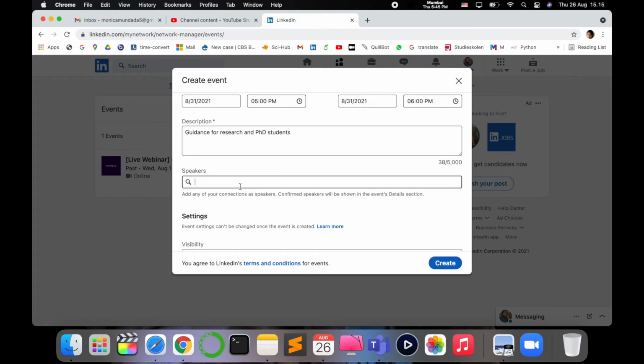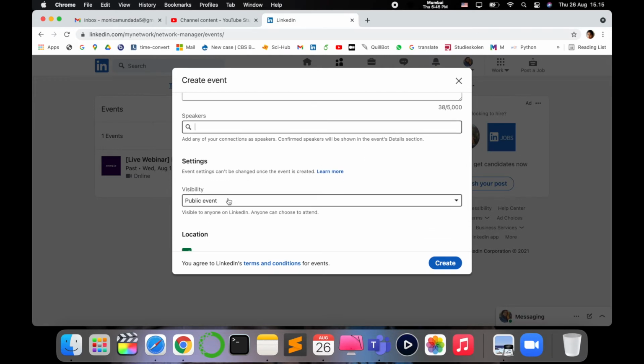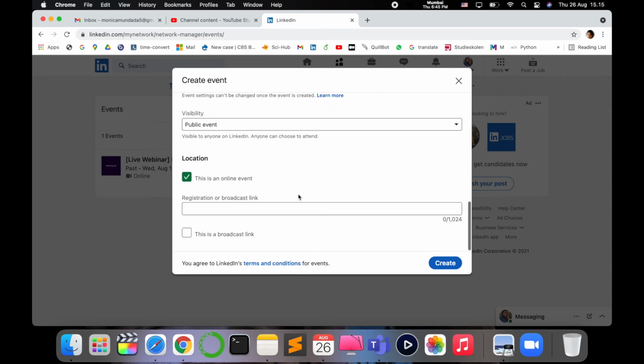You can specify the speakers if you have any, and choose public event and online event. For registration, it can be just a broadcast link. For example, you can paste the Teams or Zoom link that you have here